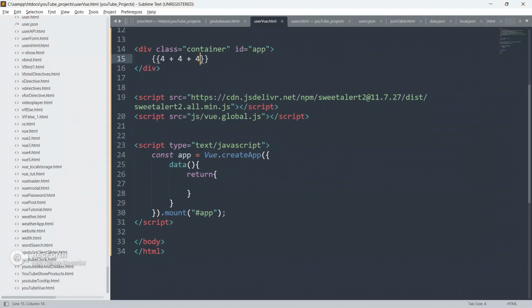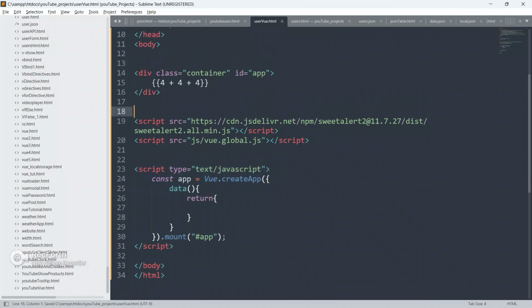See, we are getting our 12 here, which is 4 plus 4 plus 4. So this entire div is mounted with this Vue.js instance, and we are good to write all the script inside this div, and it will be compiled by the Vue.js compiler.